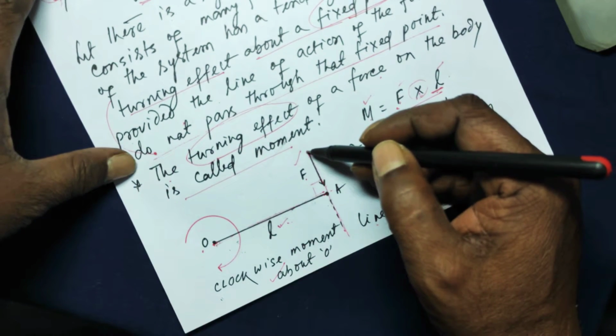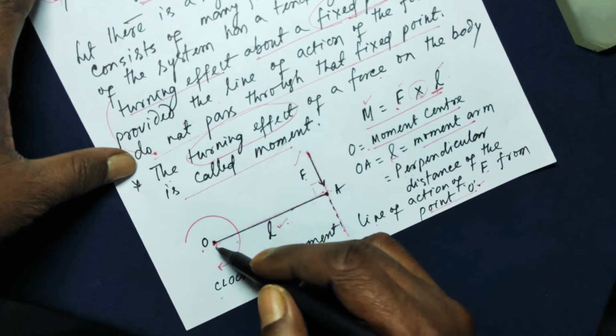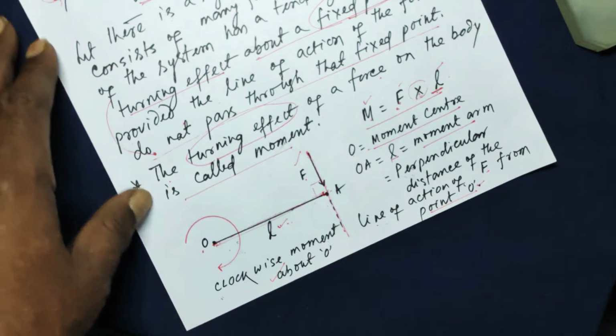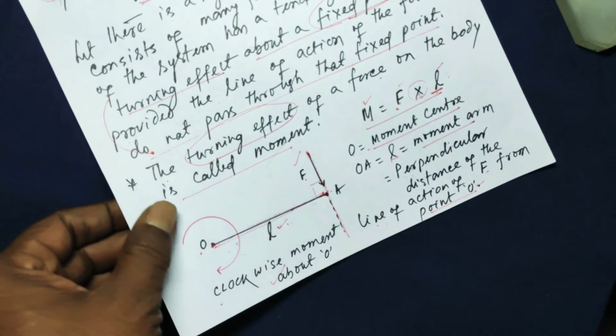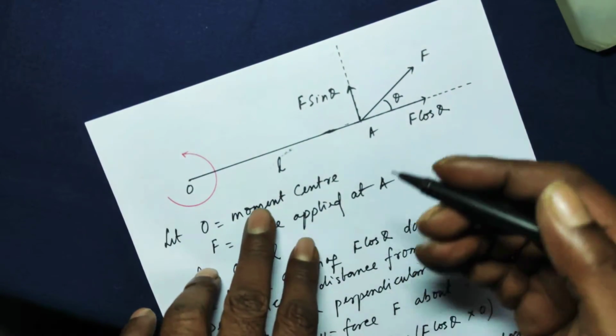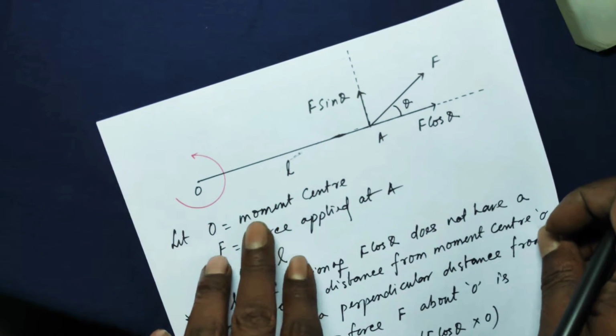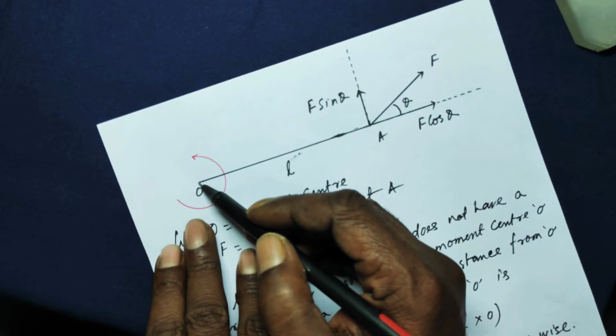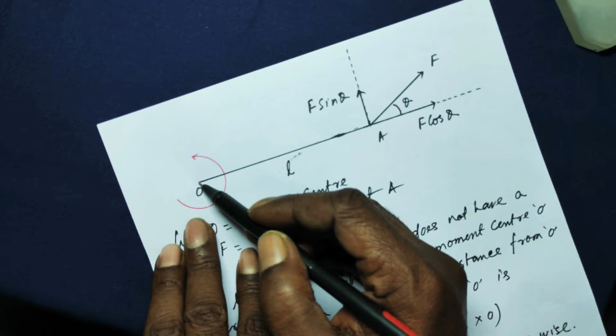Now supposing this F is not perpendicular to this L, then there will be a different case. So let me explain that also. Now going back to the next page. Now as you can imagine, visualize here, O is the point about which we are interested to find the